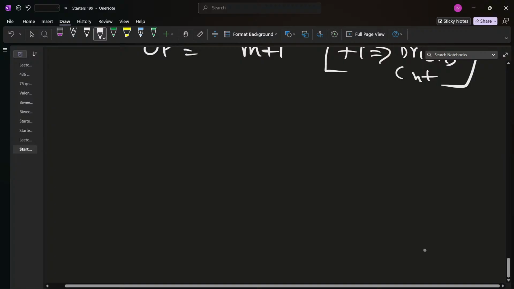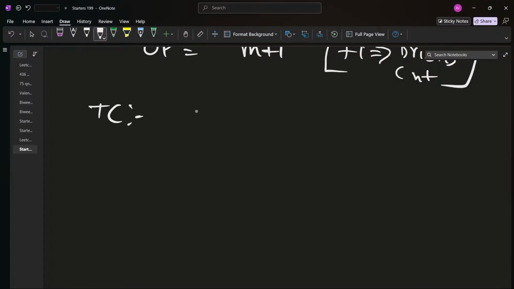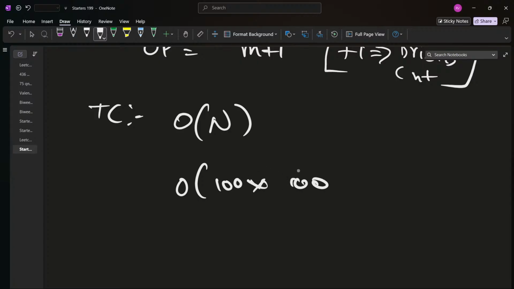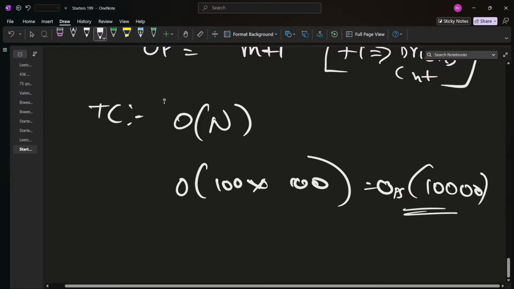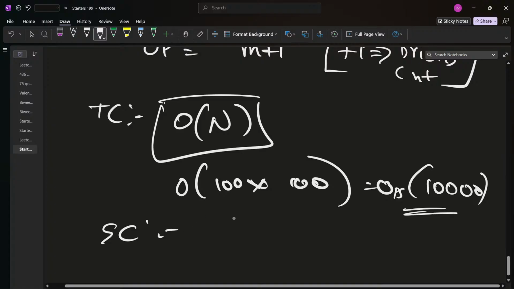Now done. So yeah, time complexity, generally it is O of n very easily. Basically a single for loop, but for the given test cases of 100 we can reduce it to at most 10,000 operations in the worst case. O of 100 into 100 as per given, which will lead us to O of 10,000, meaning 10,000 operations. But yeah, in general it's O of n. Space complexity is going to be